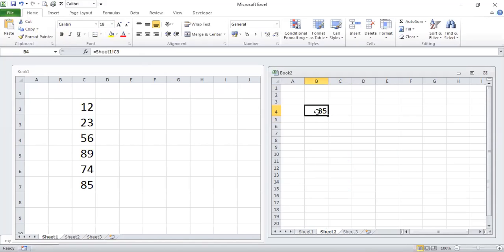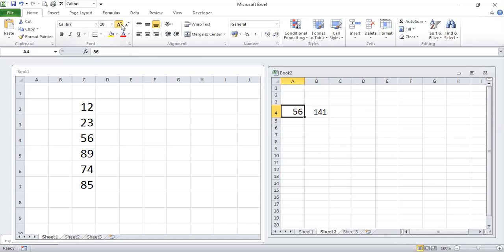Or you can use this in any kind of formula also, like if you want to add this value to some other cell, like if I put A4 plus this, so whatever we have in this A4, it will find the sum of that value and the value present in sheet 1.